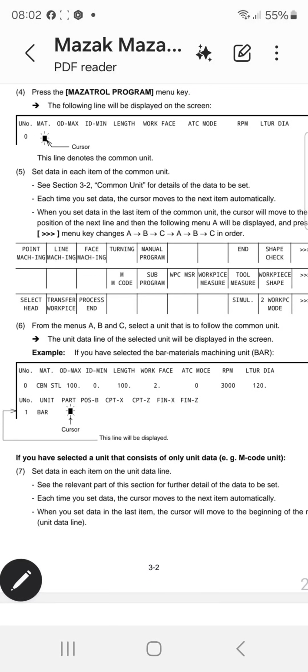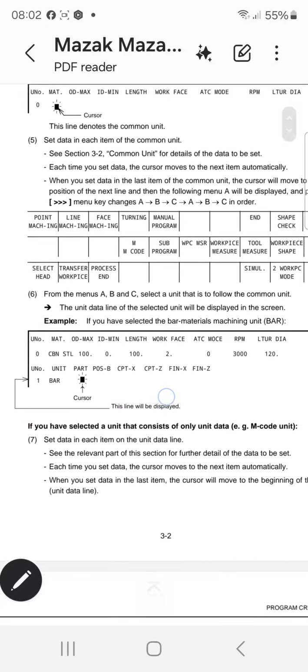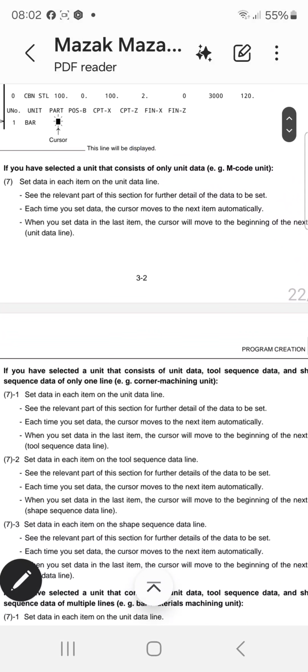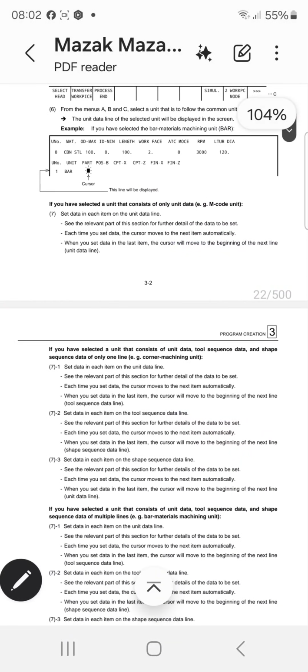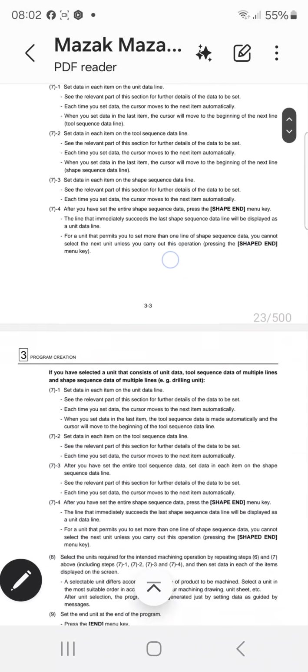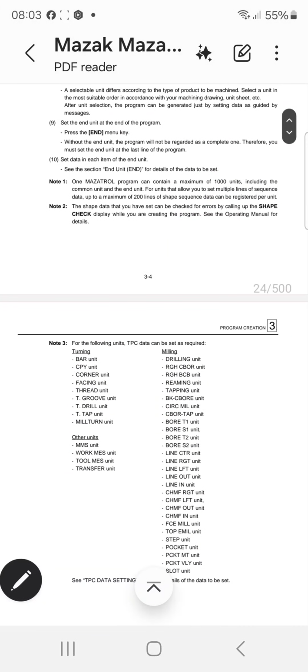So you can use all the program like this. Mazatrol is very important. So Mazatrol